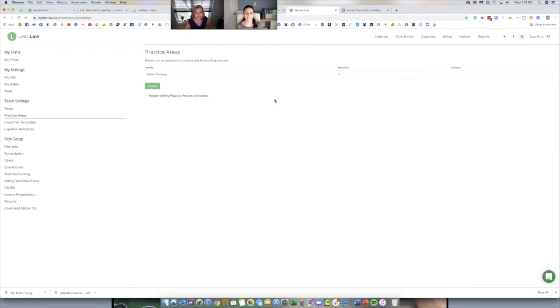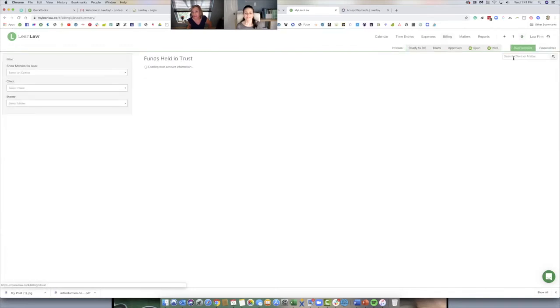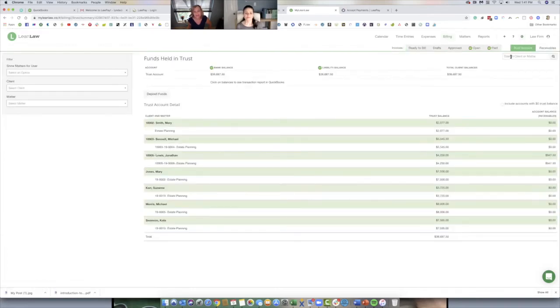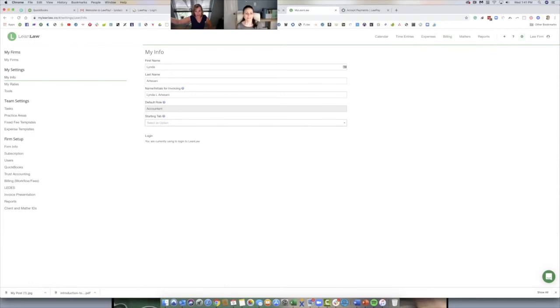That's where LienLaw comes in handy, because you can go into LienLaw and work in here on the trust stuff. It's so simple and quick to find: if I want to find the trust, I can just come to the trust account, type in the name, and then I'm there. Going back to the settings here, you can click back to QuickBooks with just a couple of clicks, so I'm not searching through a giant list. You can search in QuickBooks pretty quickly too.